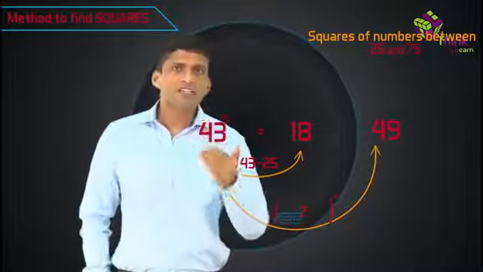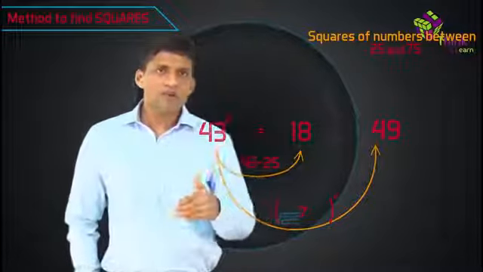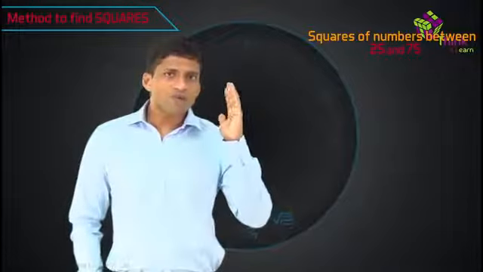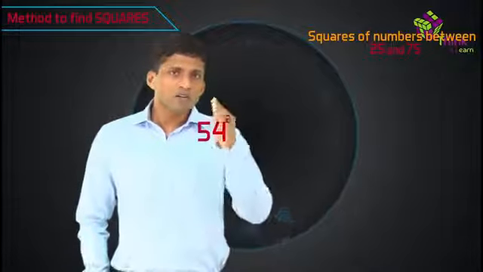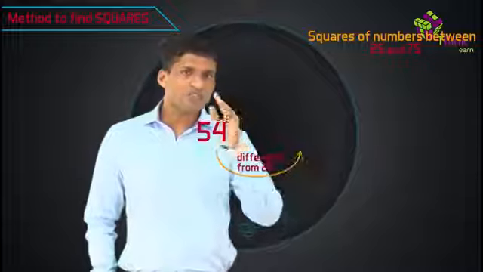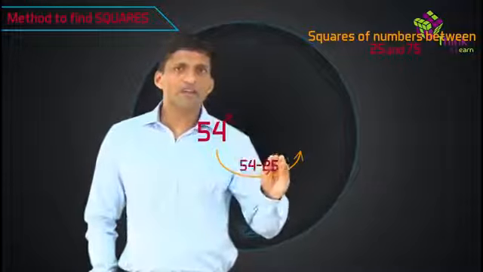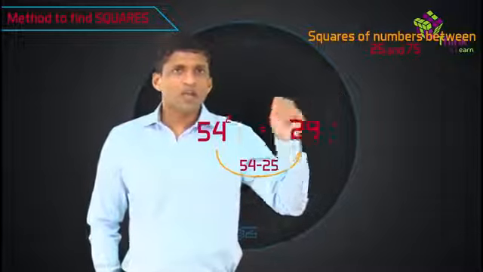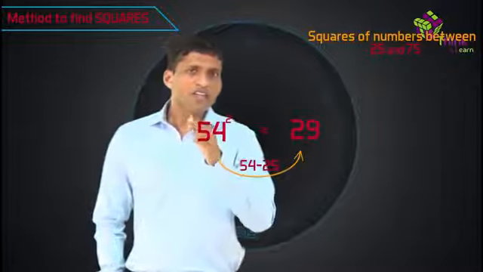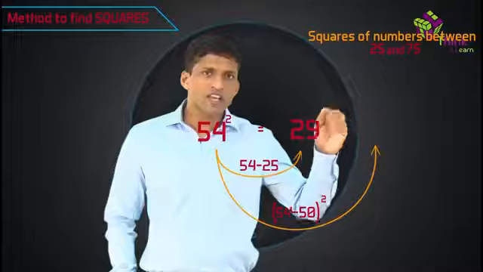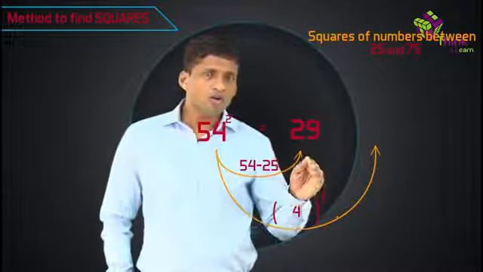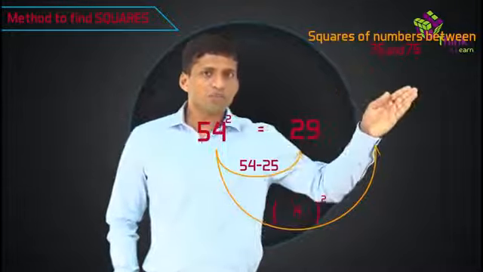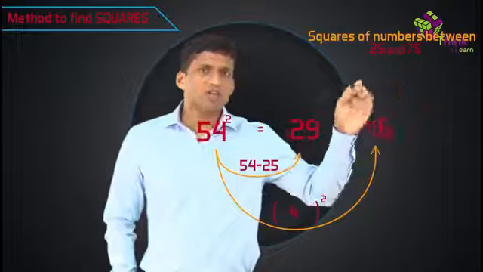By extending this method, one more example if you want to see. To find 54 square, take the difference from 25, that is 54 minus 25. We get 29 as the first two digits. Then take the difference from 50, which is 54 minus 50. So you get 4. The square of that, you write the last two digits as 16. So 29